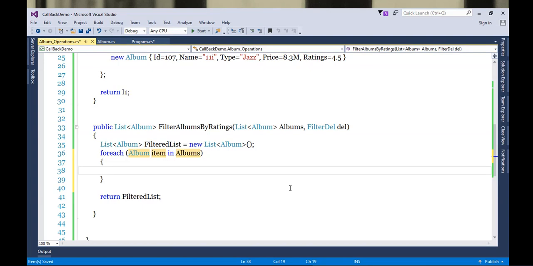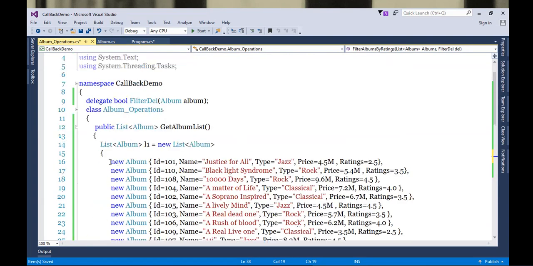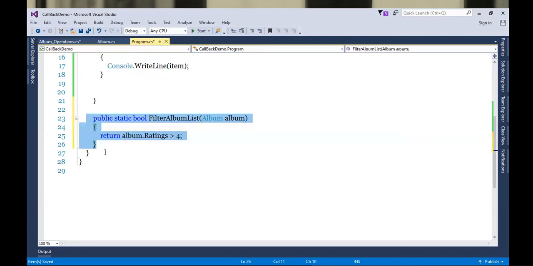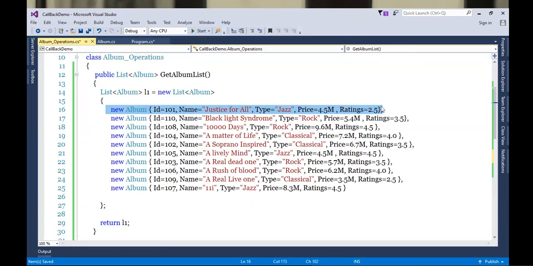So if I write here console.writeLine atom, what will I get? Each album one by one. Now I need to take each album and check the criteria. What is the criteria? Whether the ratings are greater than 4 or not. So if ratings are greater than 4, then we'll take that album. Otherwise, we will reject that album.